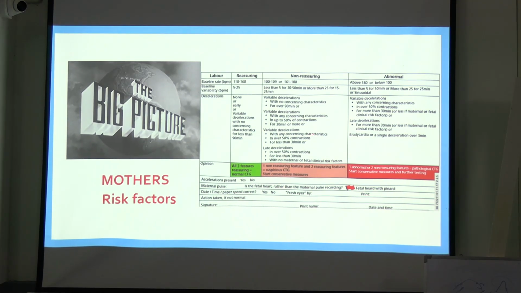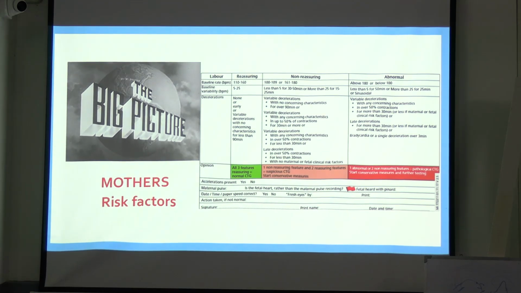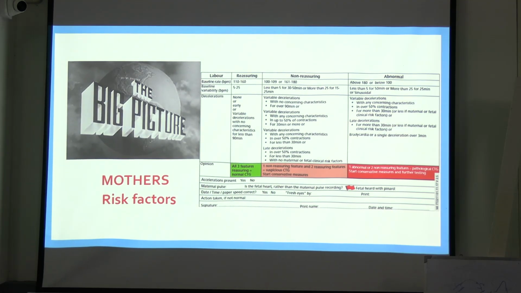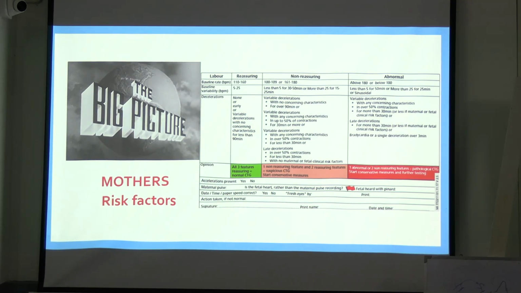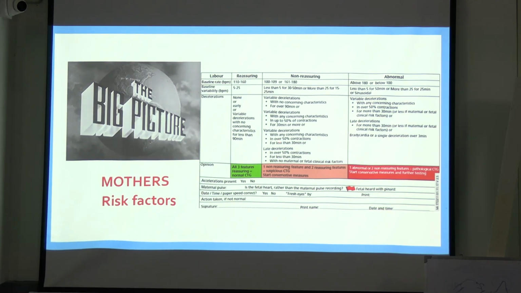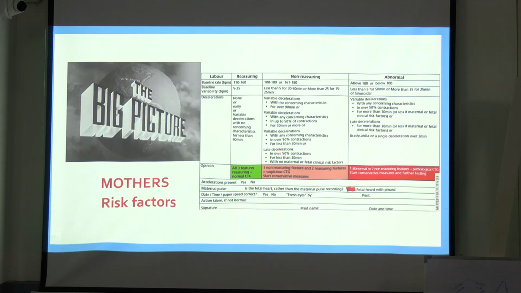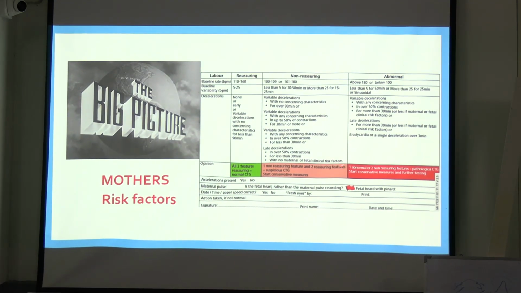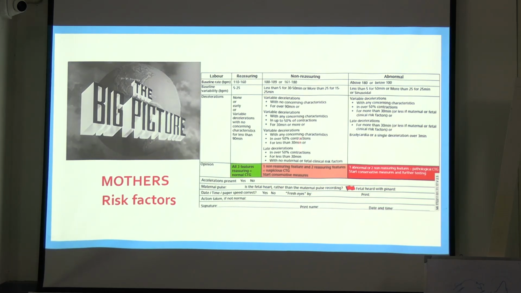If with concerning characteristic, if it is present for less time only, then also it is a concerning feature, because these are the concerning characteristics. If it is occurring for say 10 minutes, and concerning features are coming, so that is troublesome. If there is no concerning characteristic and variable deceleration lasting for 20 minutes, that is not that concerning. Okay, they need to tell this. And late deceleration in over 50% of contractions for less than 30 minutes, and with no maternal fetal clinical risk factors. So these all come as non-reassuring.